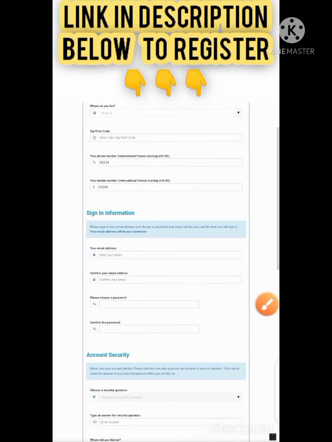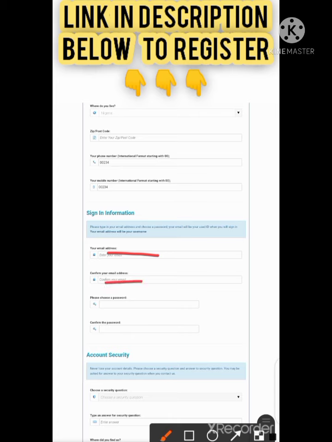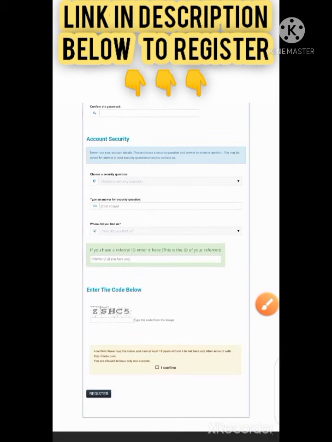When you scroll down, you put your email address. Make sure you put a valid email address and you repeat it here again. Make sure you put a password that you'll be able to remember, and you repeat the same password here. For security questions, make sure you click on this place. You choose your security question and make sure you put your answer below. All right, so when you are done with this part,